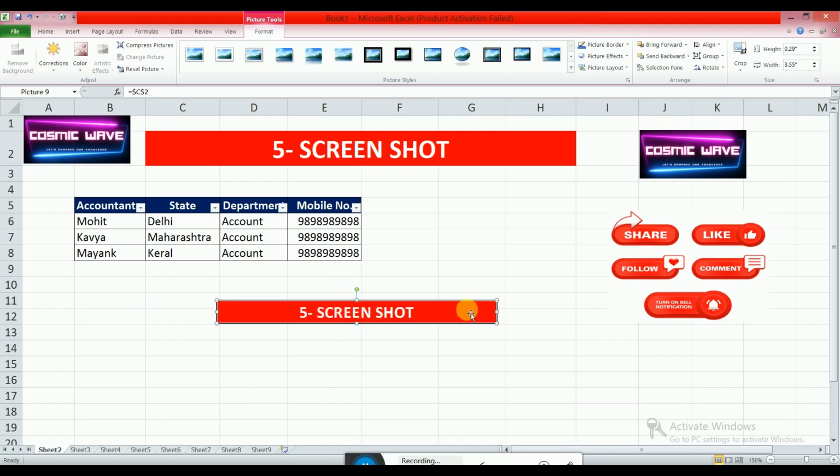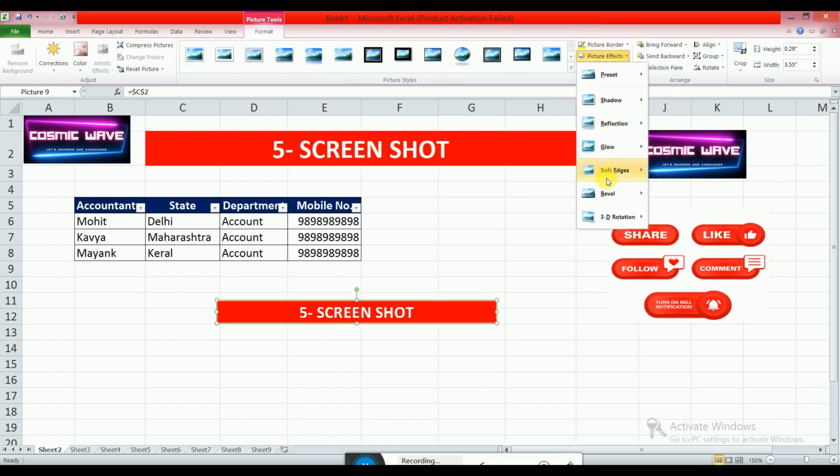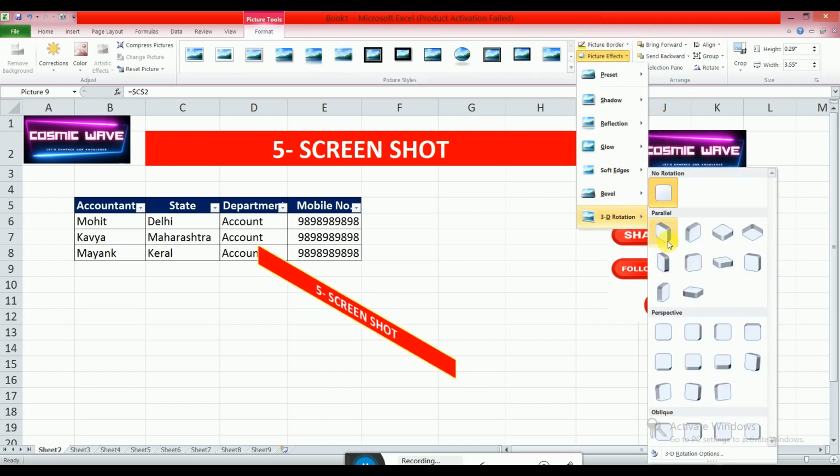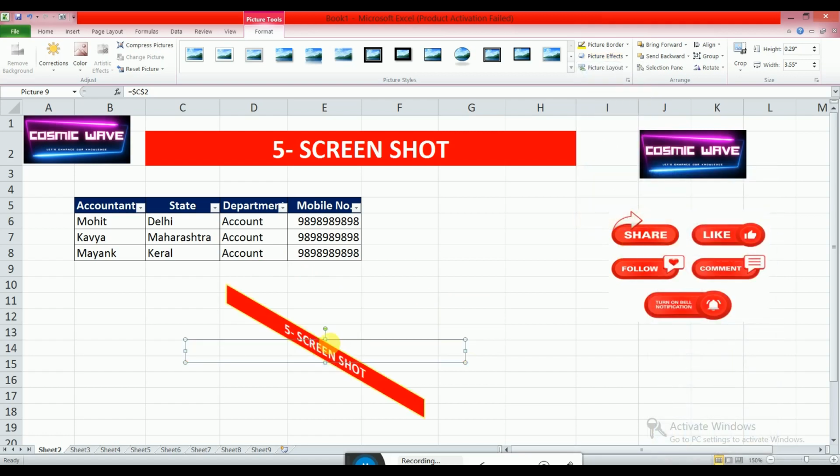Also you can put a border color. You can put an effect type, or impose different types of shapes here. So this is the use of the camera section, and I hope that this video will be